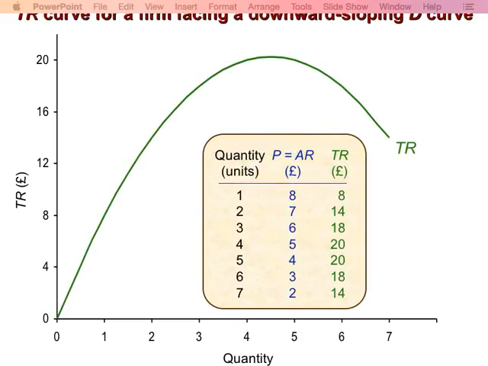Okay, how does it look in terms of total values? So we looked at average and marginals. The total revenue will be a parabola, but convex. Increasing, peaking, and starting to decline. So by looking at this, you can see that the maximum revenue can be achieved by selling between 4 and 5 units. Beyond these units, the total revenue will be sloping downwards.